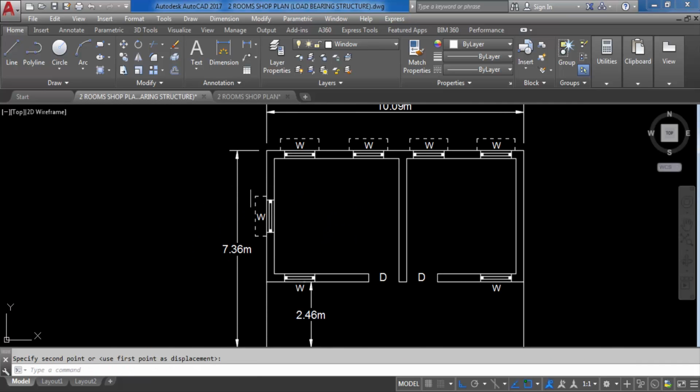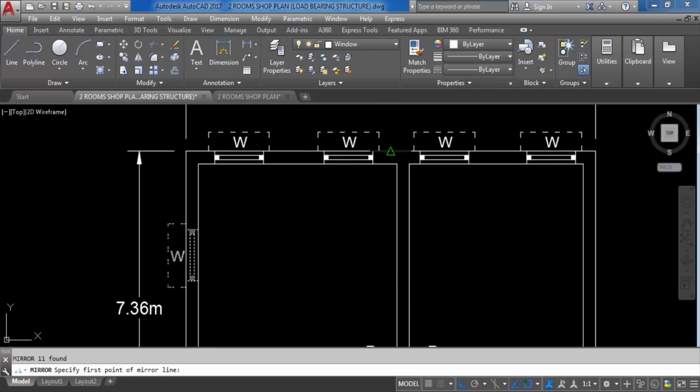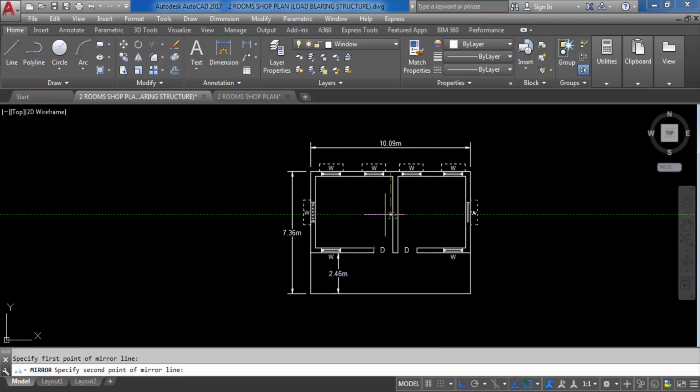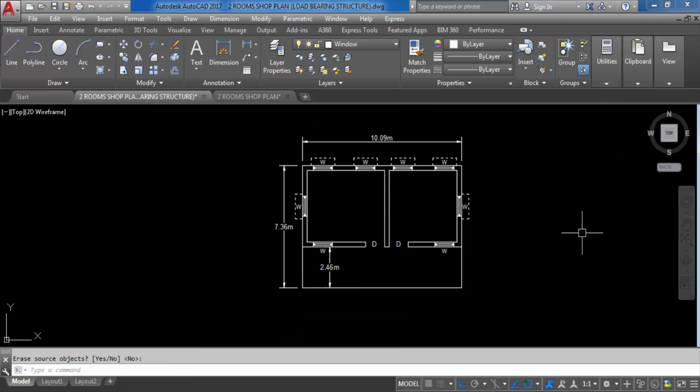Now I will select again, select mirror. This is the midpoint you have to take. Here is the midpoint. Make ortho on and press enter. So we have created all these windows, door openings we have created. So I will